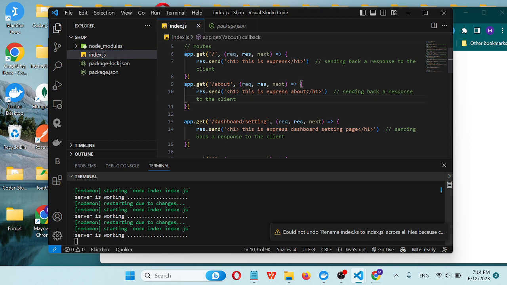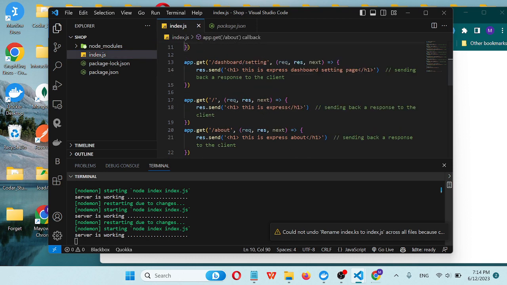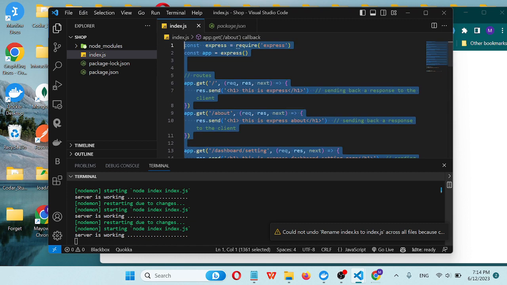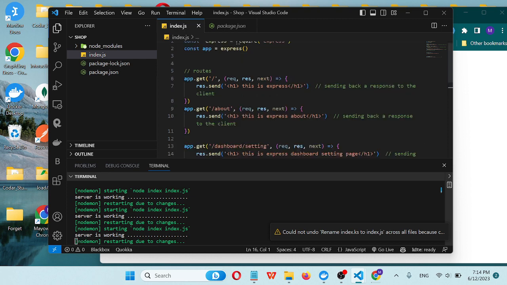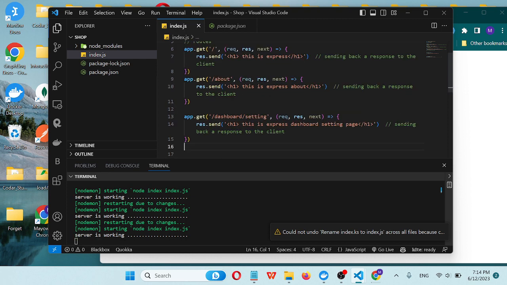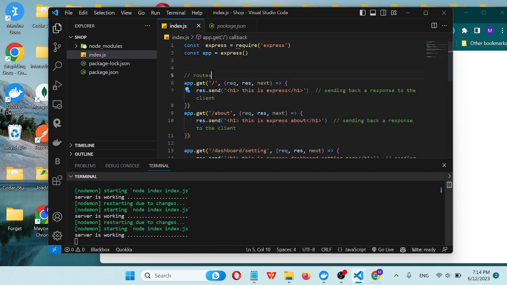So we need to reduce it. I want to reduce this script, this index.js file. I want to divide the routes into some